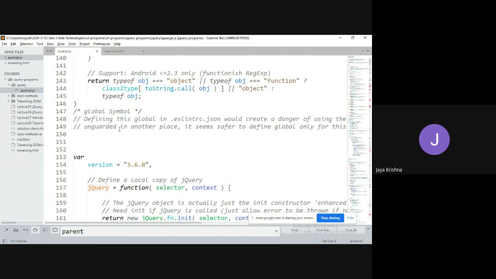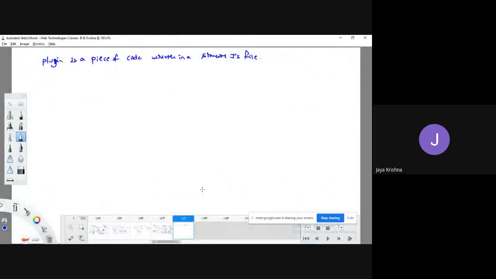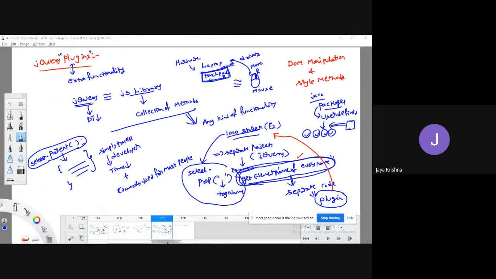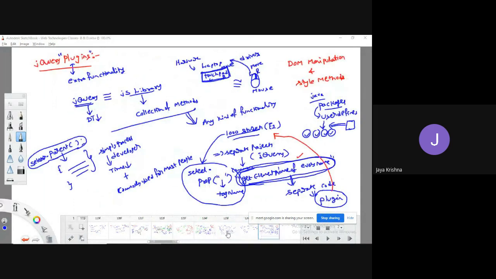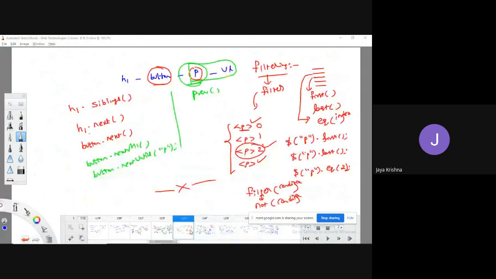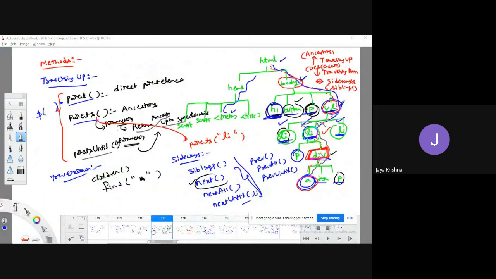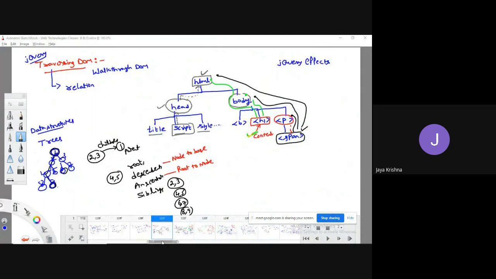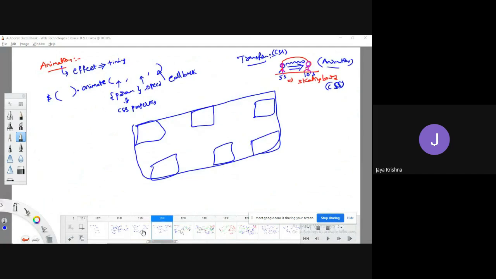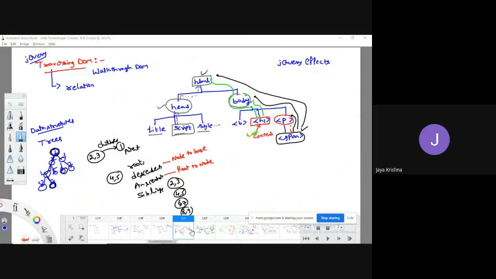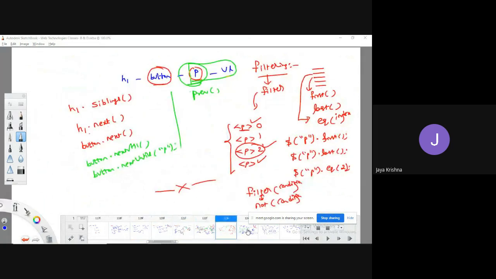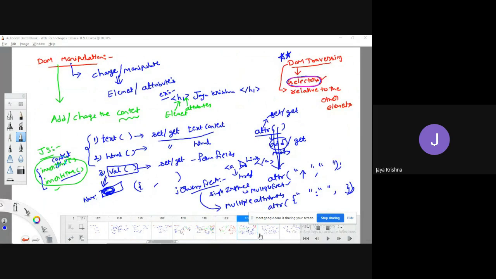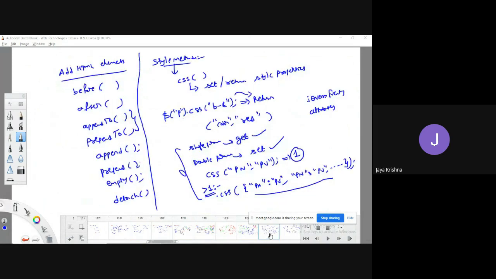For example, in the morning class, I have taken I think an example. 1 minute, let me show that. Next, parent, 1 minute, parent animate. So this is a previous class, I think. Next, filter. Please first all this.